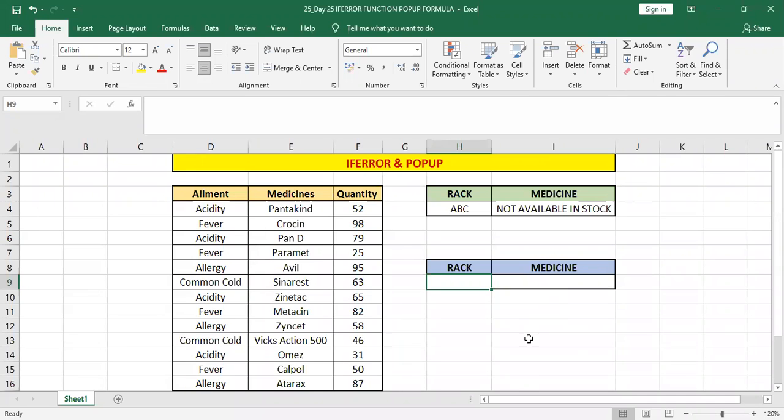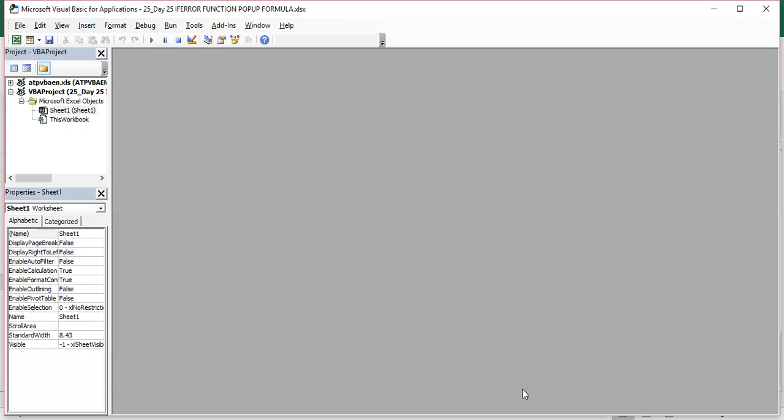For this purpose, we have to use a simple basic VBA. I know you might not be able to learn how VBA is used in a very short time, but it is very easy to use, and you don't have to have any knowledge of VBA to use this pop-up function. So for that you have to press Alt and function 11. Don't worry, it's a very blank thing. You just have to get a white screen there.